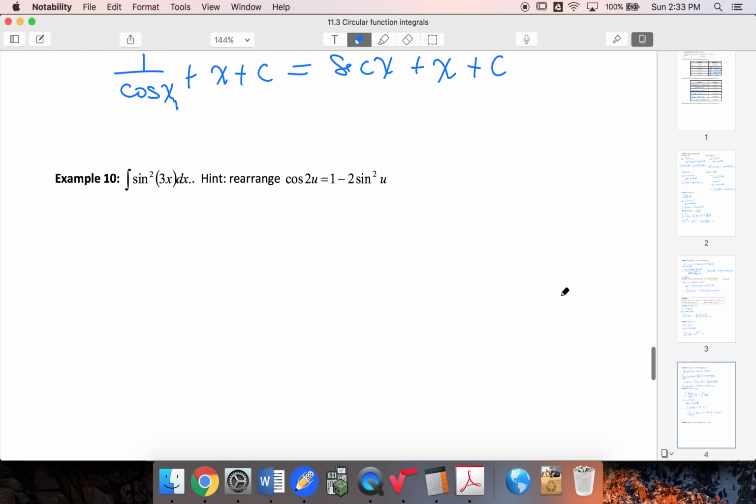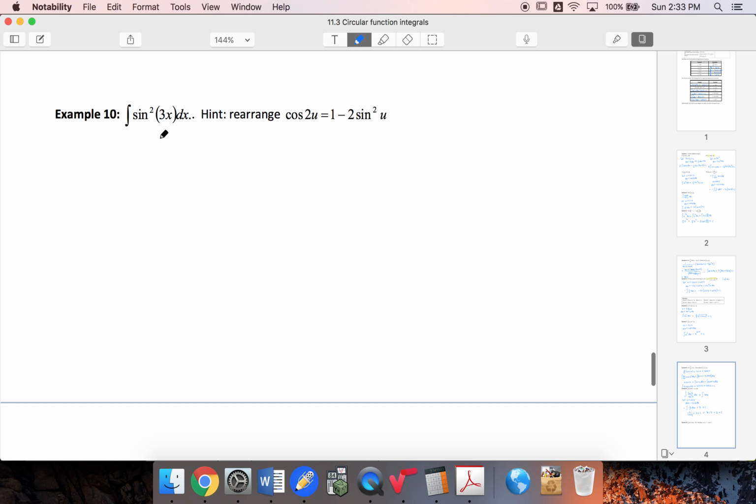Let's look at the last example. So we've got sine squared of 3x dx. You might first think u substitution, but normally I would let my u be 3x, and that doesn't help me because I don't know the integral of sine squared. So we've got this hint that cosine of 2u is 1 minus 2 sine squared u. So if I think about this, then sine squared u is the same as (1 minus cos 2u)